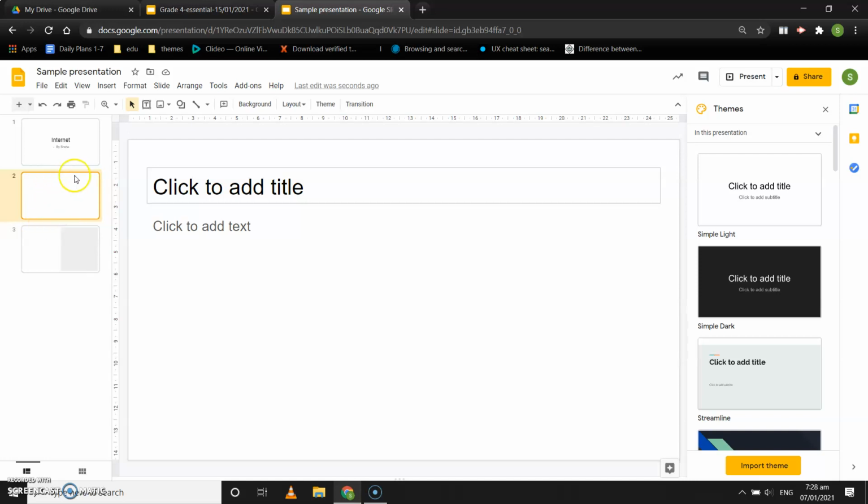Now suppose I want to add a slide after the second slide. So I can directly click on slide number 2 in this slides pane over here on the left hand side and press enter after that. Once I press enter, see, another slide has been added over here with the same layout as that of slide